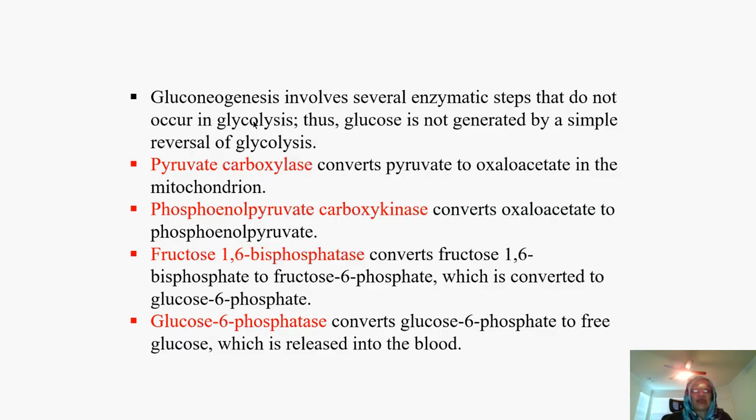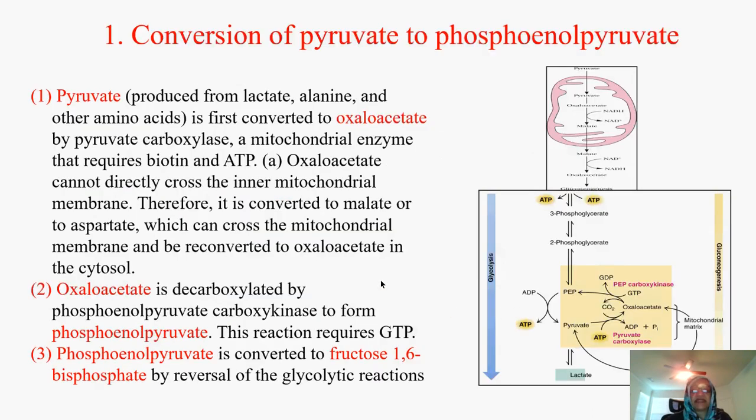And so we need to look at specific enzymes that are involved in this process from pyruvate to glucose. The first enzyme is pyruvate carboxylase, and I said this enzyme requires some energy, and then we are going to use phosphoenol pyruvate carboxykinase. Those two enzymes are just to provide us with phosphoenol pyruvate from pyruvate. And we move on to the second one, which is fructose 1,6-bisphosphatase, and then finally glucose 6-phosphatase.